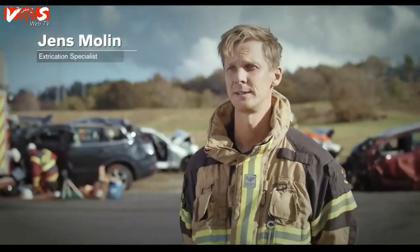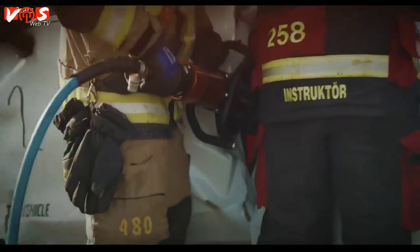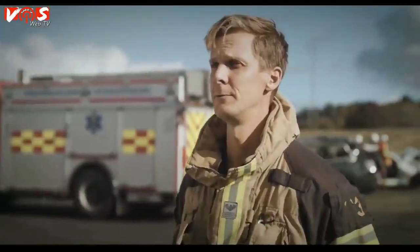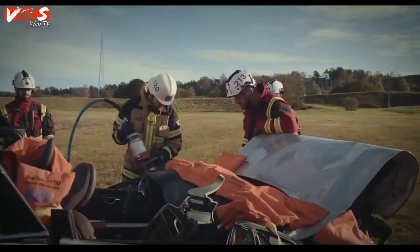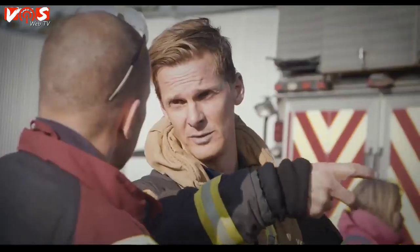We are several different rescue services that cooperate to find best practice in tools. Now, the manufacturer has gone ahead and done an incredibly unique crash test, a 30-foot vertical drop. This vertical crash, however, isn't to determine the safety of Volvo cars. And really going about it in such a scientific way as we can. We try to measure everything, what pressure we use, how much force we have to use, how much time, different